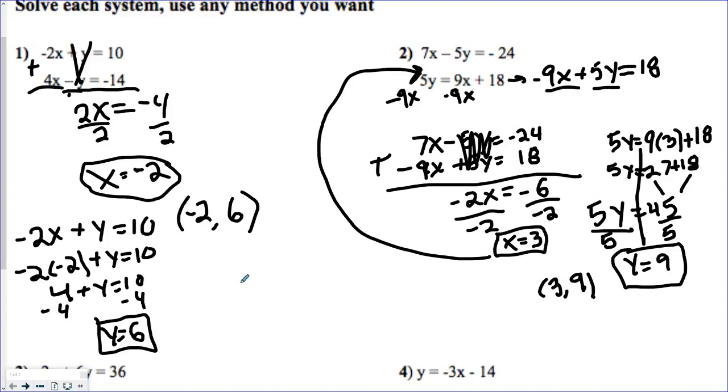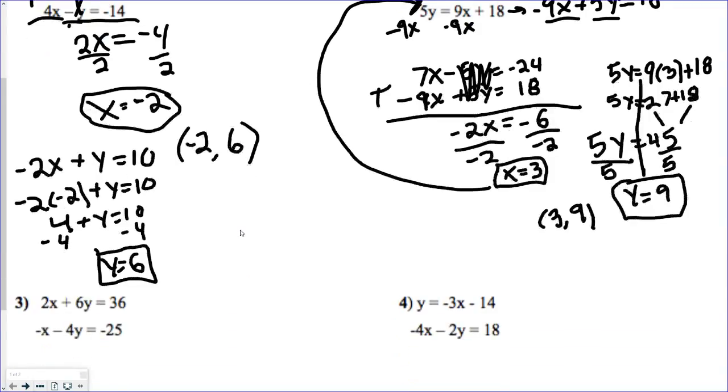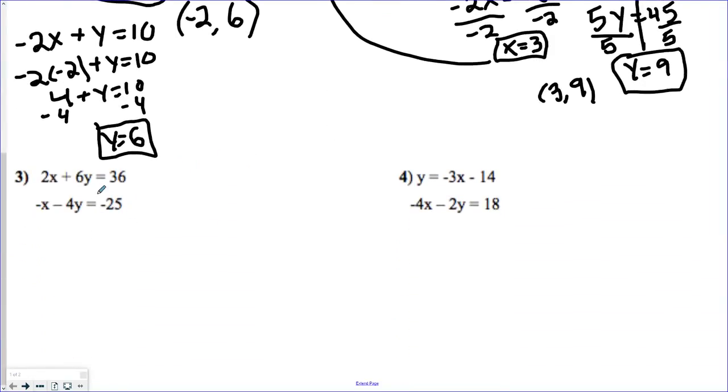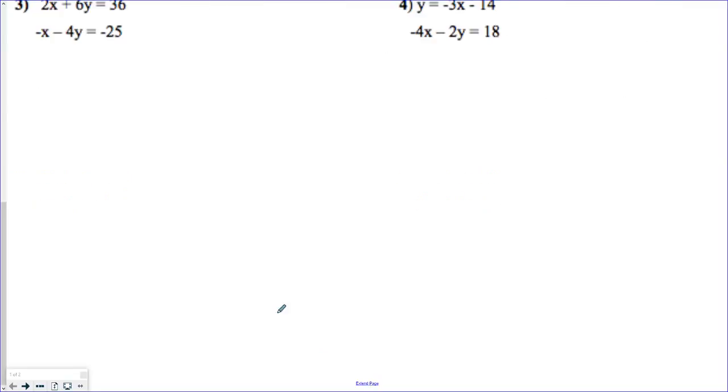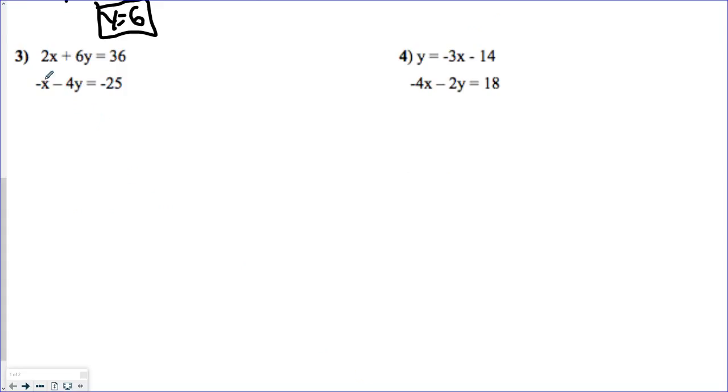So again, you have to do a little bit of setup every now and then. We're using the elimination method because it won't always be set up for you automatically. Now, this next one's close to being set up because my variables are on the same side. They're both in standard form. But if I add these together right now, 2x plus negative x is x, 6 plus negative 4y is positive 2y, and then this would be 36,